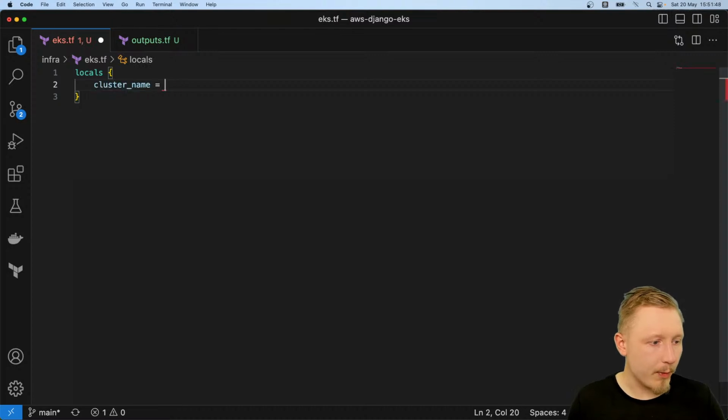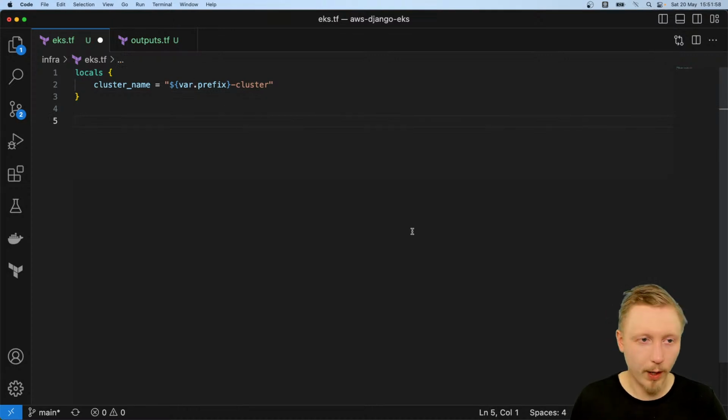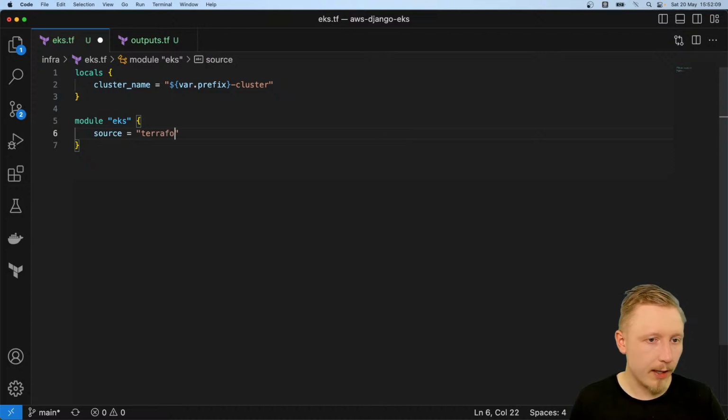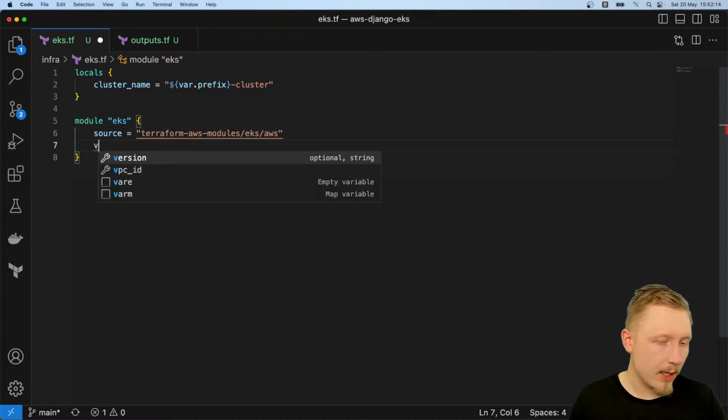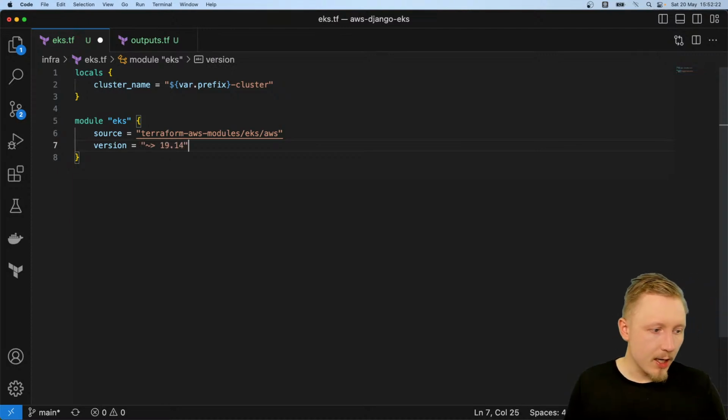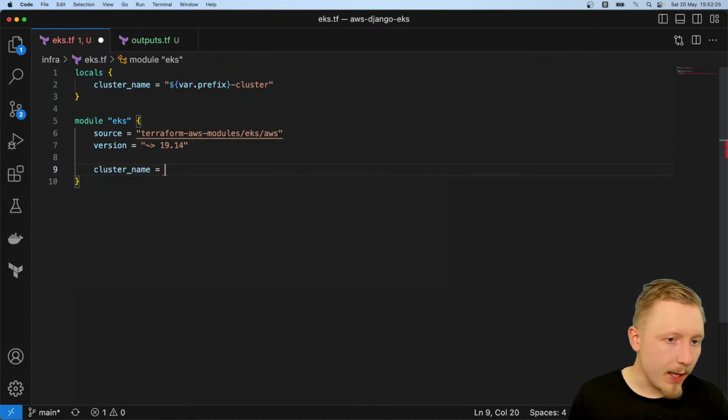Cluster name equals var.prefix, hyphen cluster, and this is just like a little local variable that we can reuse. And then module EKS, and we'll do source equals terraform-aws-modules/eks/aws, and then version equals, again with the little tilde symbol, 19.14, and then cluster_name equals